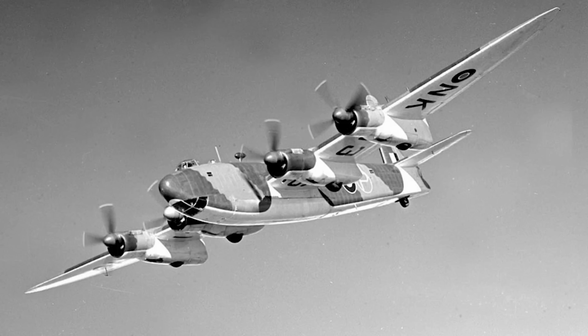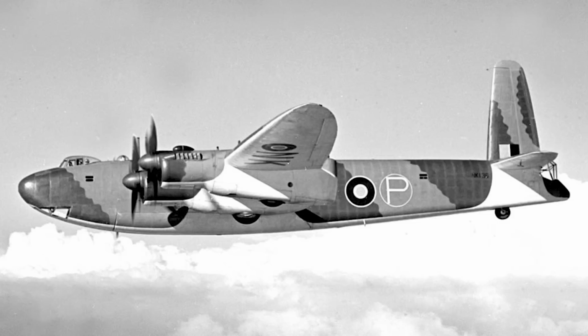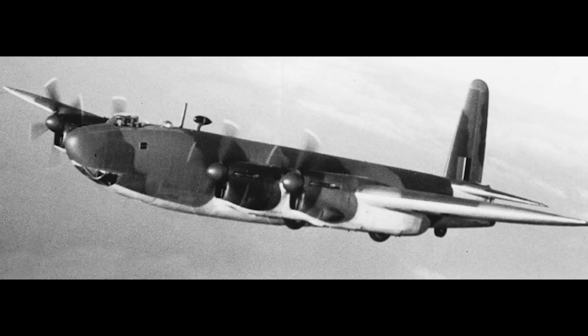Issues with the complicated barbette gun positions were causing concern, and the Lincoln, a far simpler design in comparison, was proving much more straightforward in its testing. With the end of the war in September 1945, there was no need for 2 main heavy bomber types, and in November of that year, the Windsor orders were completely cancelled, with the first of the pre-production aircraft in an advanced state of construction. By 1946, the 2 remaining prototypes were relegated to ground instruction duties and would be scrapped